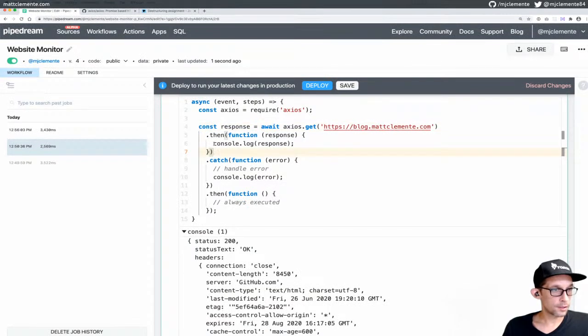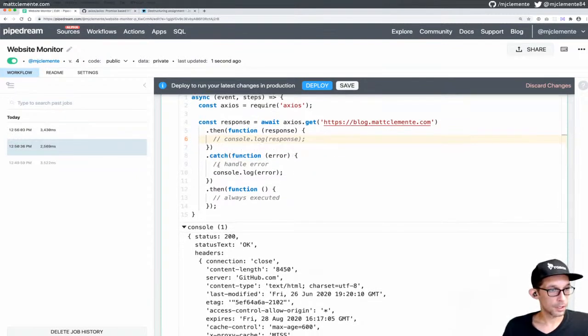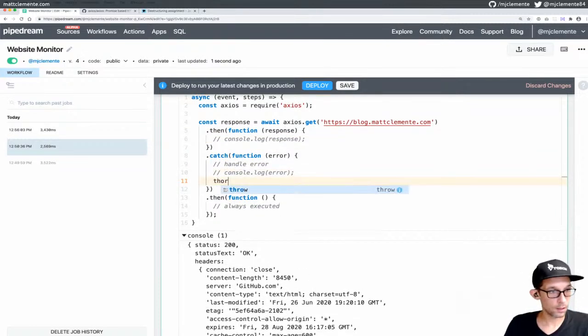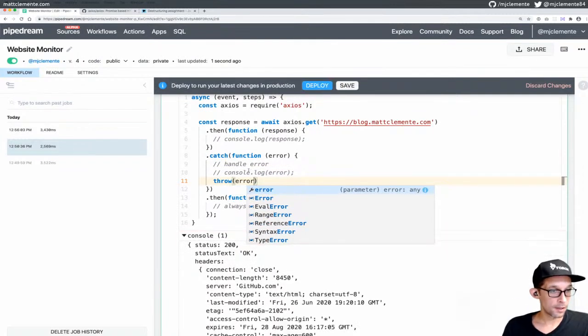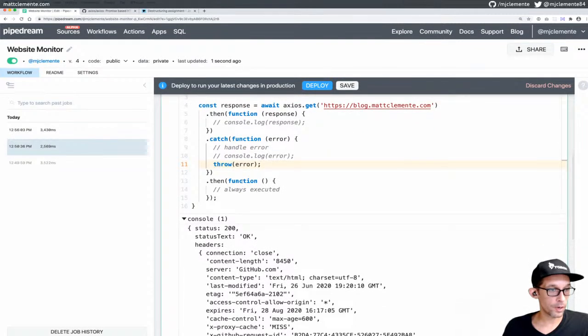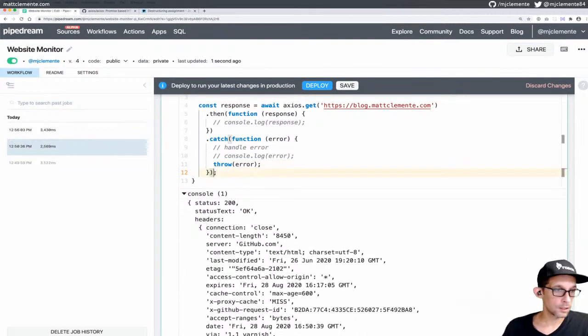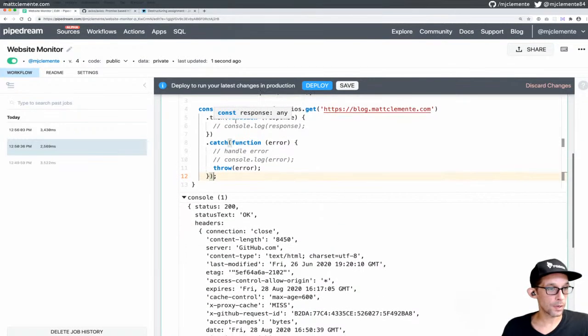Do not need to log it unless we're debugging. Don't actually need to catch the error here. Let's just throw. That's kind of redundant there, but I can use it for console logging otherwise, and I don't need a then on it in this case. So then we have a response,